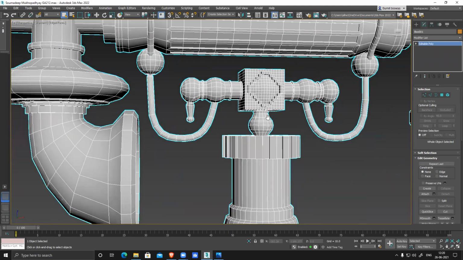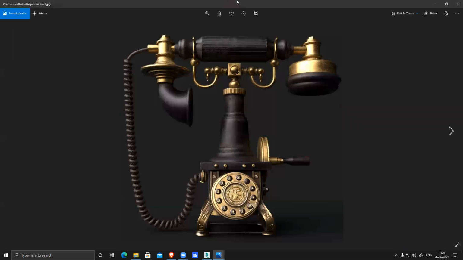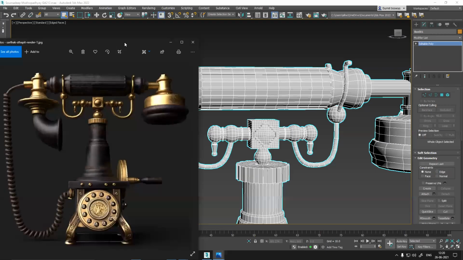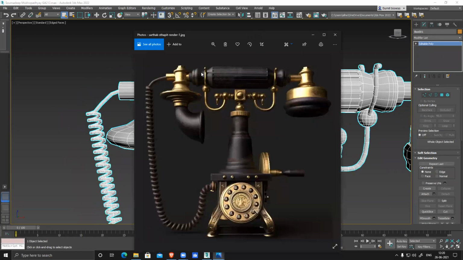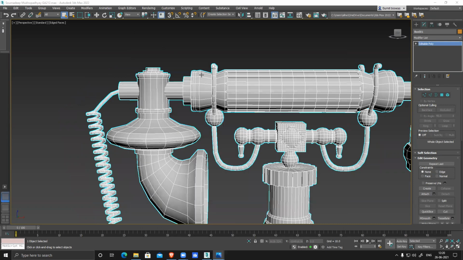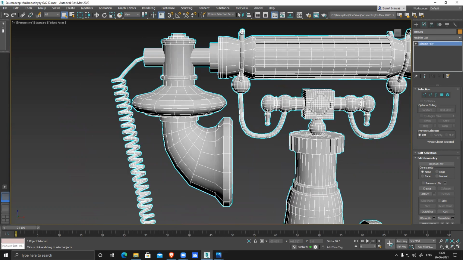Just give me a second. Open the reference one more time. Okay, there's a little bit of a scale problem also. This one and this one. You see, it's rounded and smaller than this width. The circumference of this round cylindrical shape, this one and this one, is different. Here it's the same. So the model is almost correct, but a couple of things you can make a little smoother.